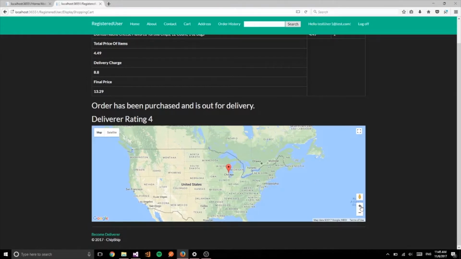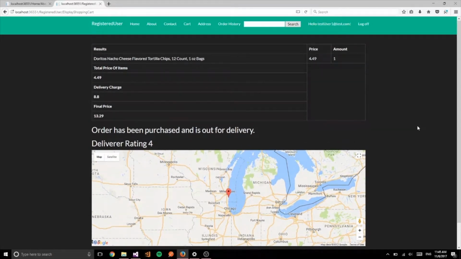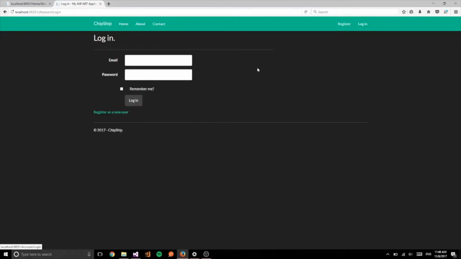Now, it'll also show you real time where the deliverer is at on a map. We will stay kind of zoomed out because that is showing where I am currently, and I'm not going to be showing that on video here, but it does work, I promise. And so then we just wait for the deliverer to make his way over to our current location, and then we will have our food, and the deliverer will actually finish the order over here